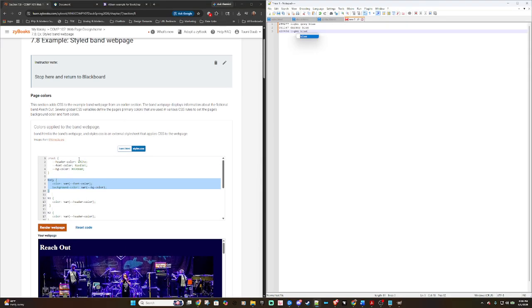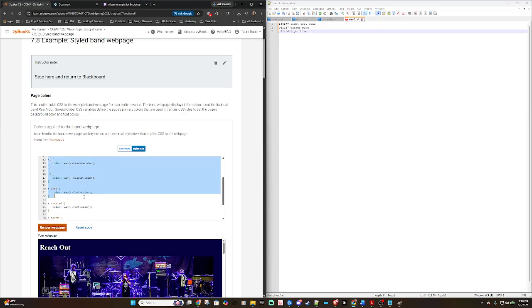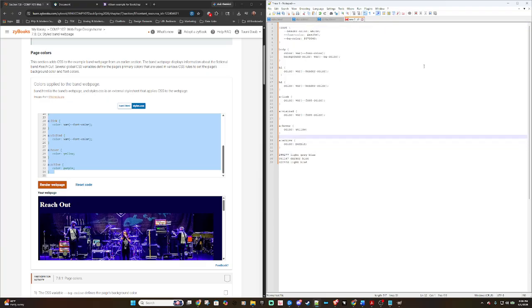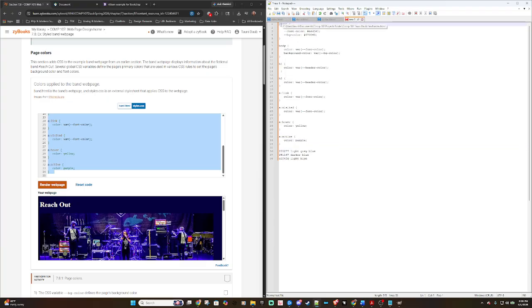So first I'm going to take this root, and since this is something that is available to us in our zyBooks, we can totally borrow, I'm going to put that in air quotes, because all CSS files should start out the same way. And then I want to make my background color that light blue. I'm going to make my font color that dark blue, and I wonder if this light gray blue,